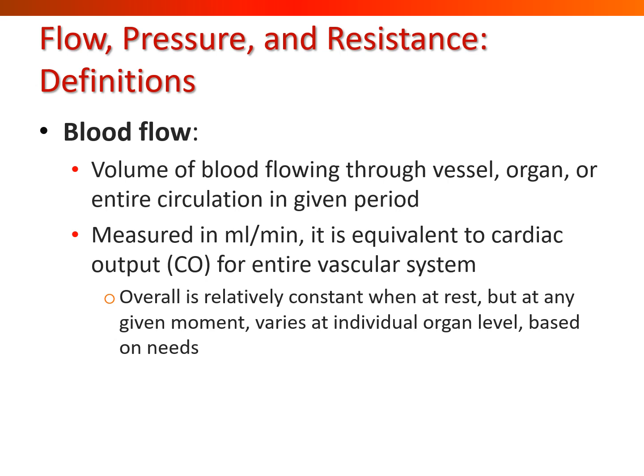Now, normally our blood flow is going to be pretty constant, mostly when we're at rest, but whenever you get up and move around and the demands of the body alter a little bit, it's going to vary. Throughout the body, and depending upon which organs are more active, blood flow is going to alter within those organs. Some organs may get a little more, like if you're running a marathon, your muscles are going to get more blood flow, but your stomach isn't going to get as much. So things can shift around depending upon what the body's need is. But for the most part, blood flow is this certain amount of blood moving through an area in a given period of time.